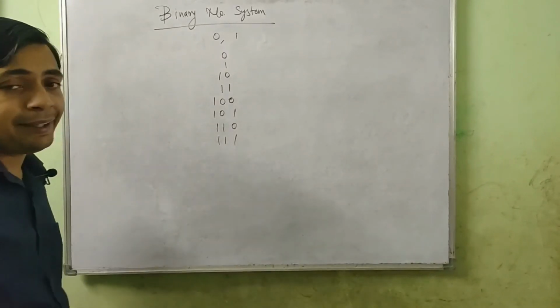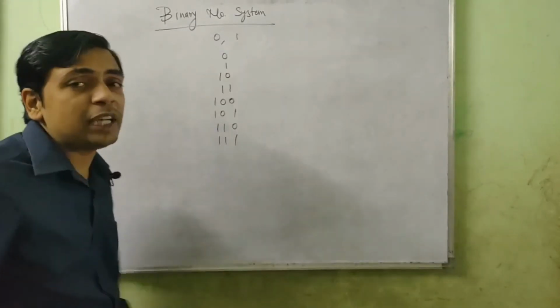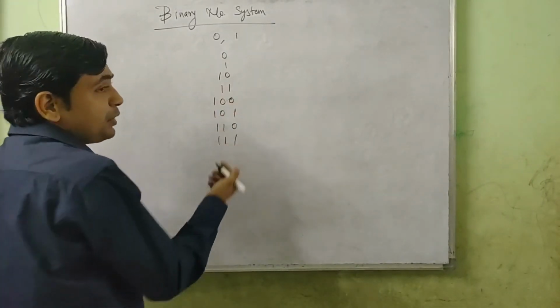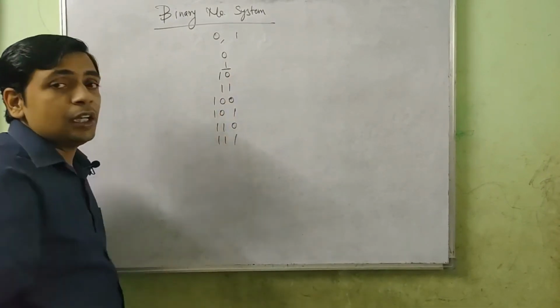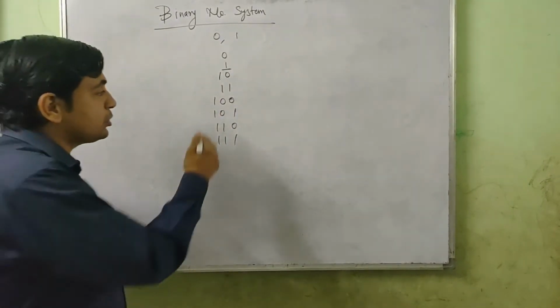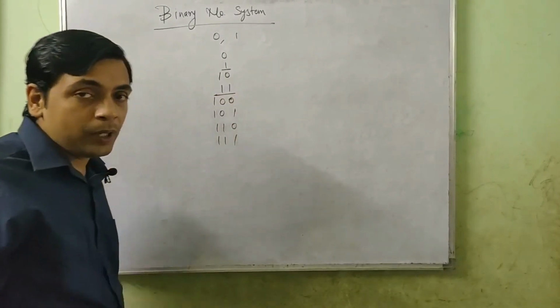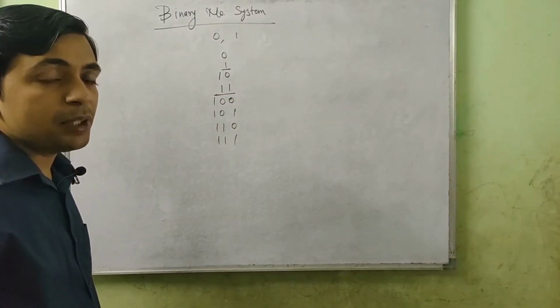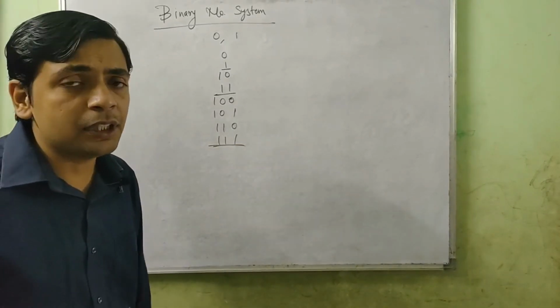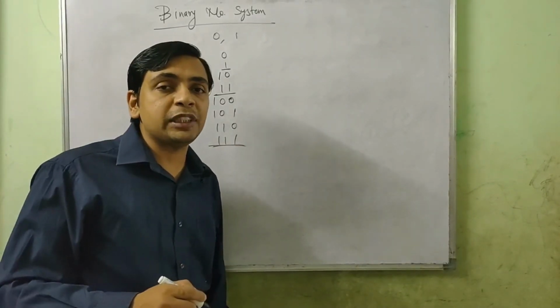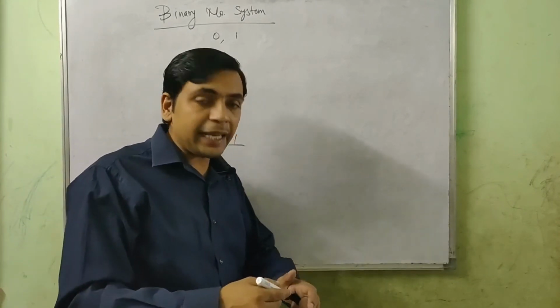So that marks the end of 3-digit number. So how we will come to know that it marks the end? So suppose we are working with single-digit number, we will reach the highest digit. So we reached 1. If we are working with 2-digit number, so both the digits should be 1, 1. So that will mark the end of 2-digit number. If we are working with 3-digit number, so 1, 1, 1 will mark the end of 3-digit number. So what will be the end of 4-digit number? 1, 1, 1, 1.